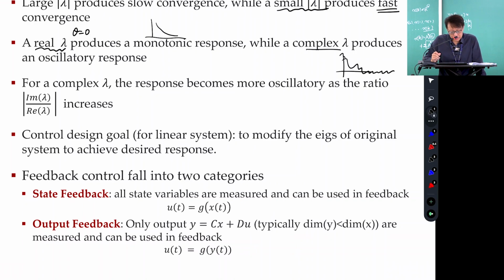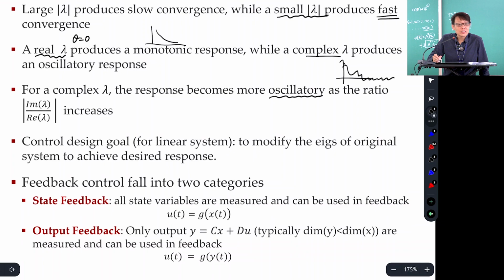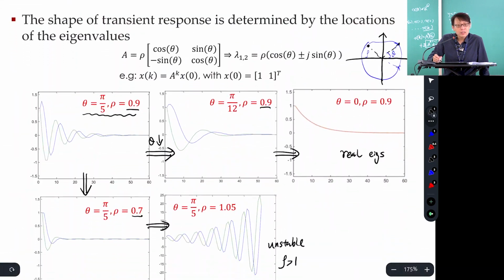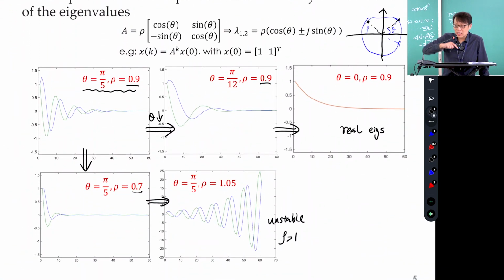For complex lambda, the response becomes more oscillatory as the ratio increases. How do we increase it? The closer you are to the imaginary axis, the bigger theta. If theta is here, no oscillation. If it is here, almost infinite oscillation. It keeps oscillating,